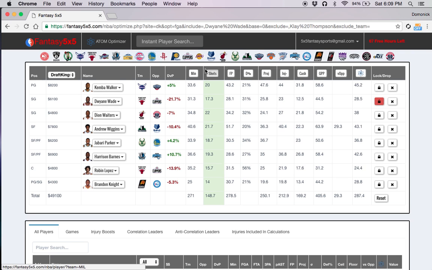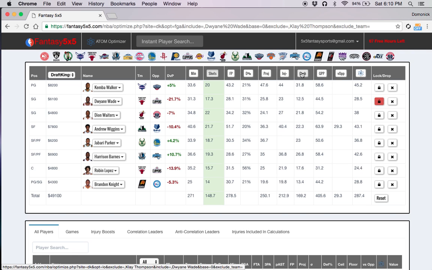You can filter between minutes, shots, fantasy points, which is an average of fantasy points scored from the last 3 contests, defense percentage, which accounts for rebounds, steals, and blocks for the season, projection, which is a simple projection based on player skill and recent opportunity, injury, which is based off our injury booster that we'll go over here shortly,